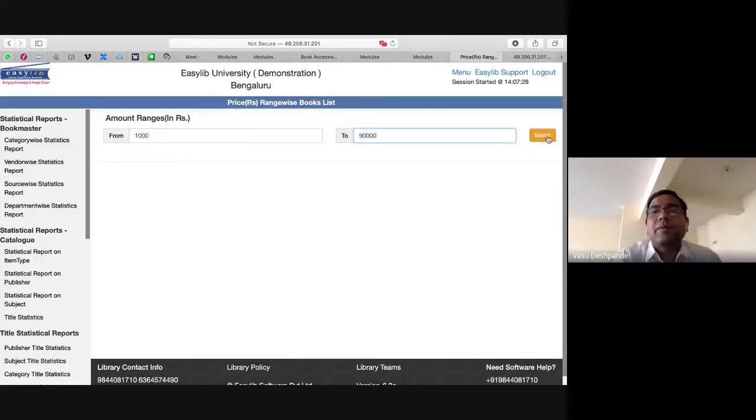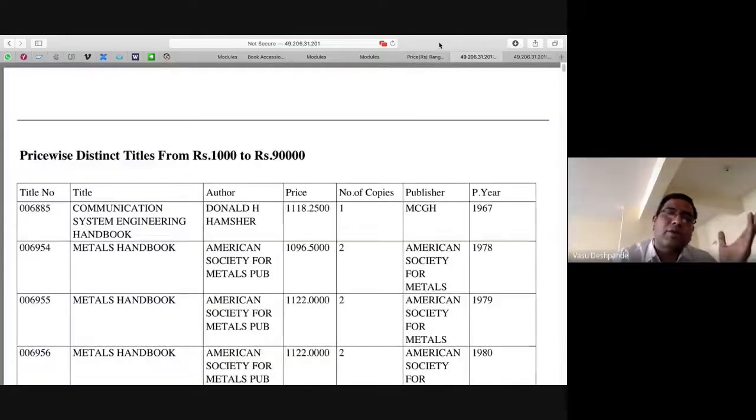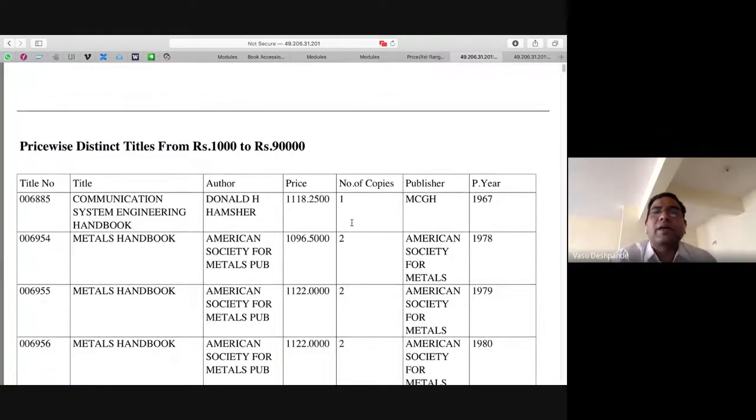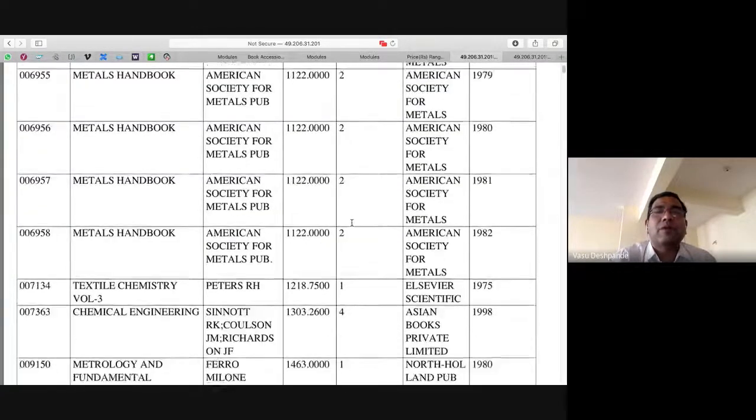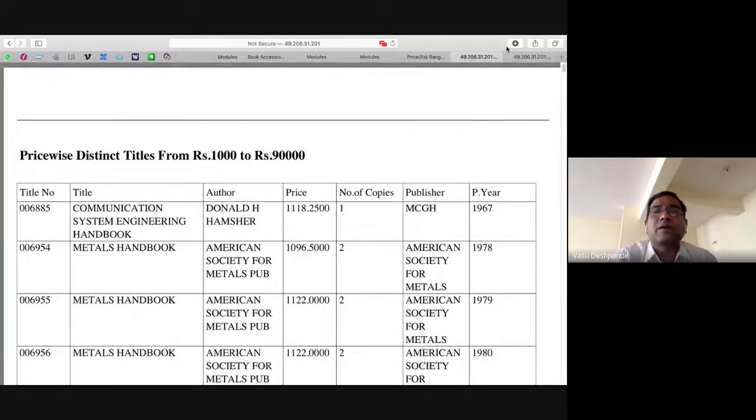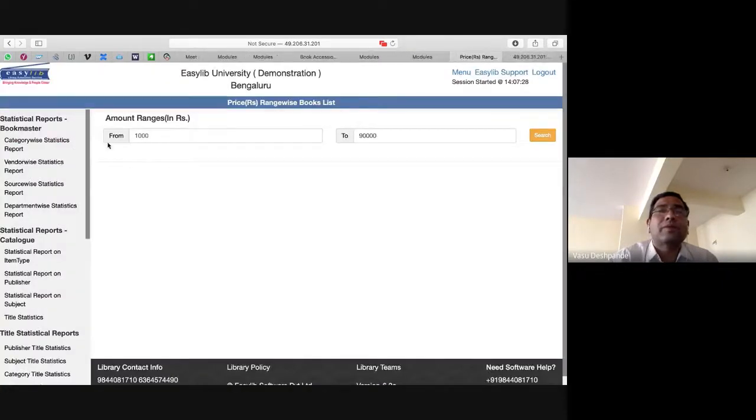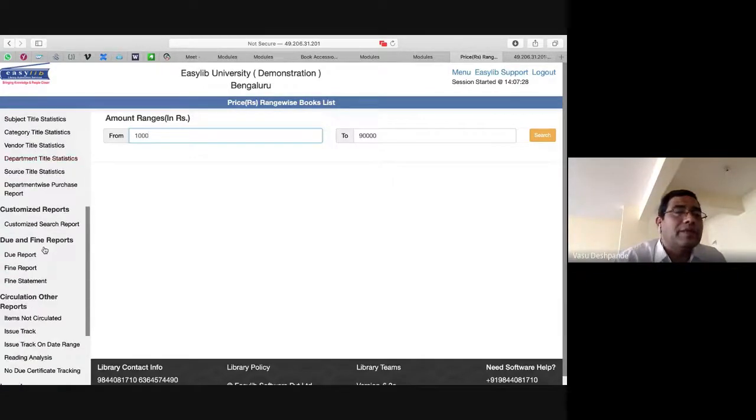Multiple options you have. Either you can go to the other report and give the range of the price, or otherwise you come here and say that this one you want to put somewhere. I just put that 1,000 or 10,000, whatever. 1,000 rupees to 90,000 I put. So next is